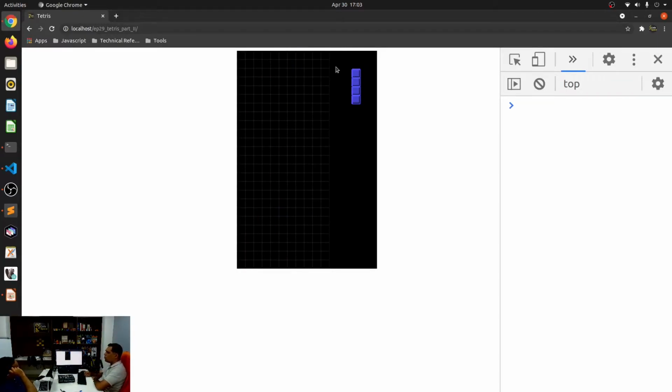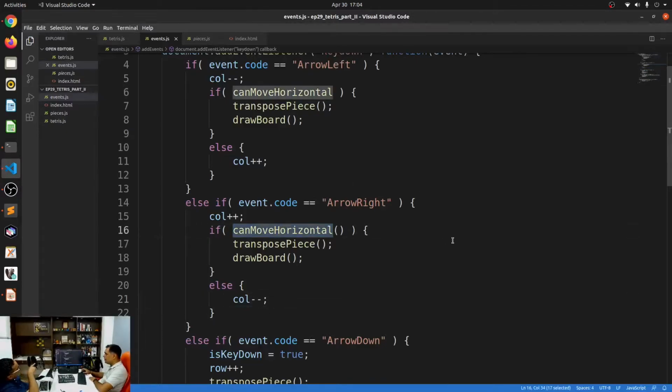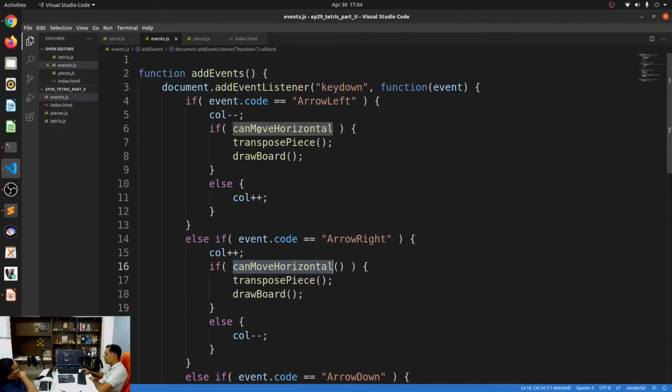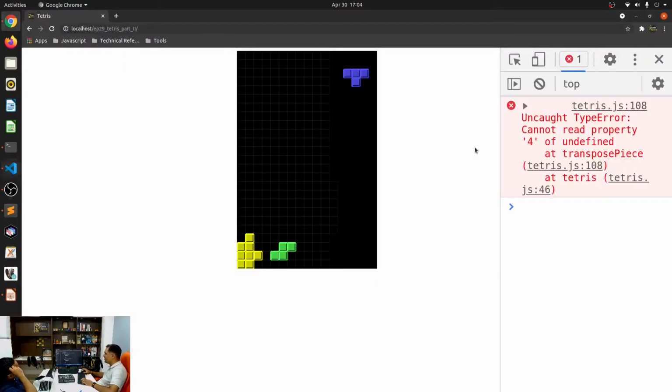Number one, I went completely, which is fine. I'll tell you, there is this one thing that we'll have to do when we do this transpose piece. But you can see that it can move completely, basically. But let's see if I'm able to move if there is a piece in between. Oh, it still moves. I know what the error is. In your code, you didn't call the function. You just named it as can move horizontal. I just forgot to call it. Nice. Good catch.